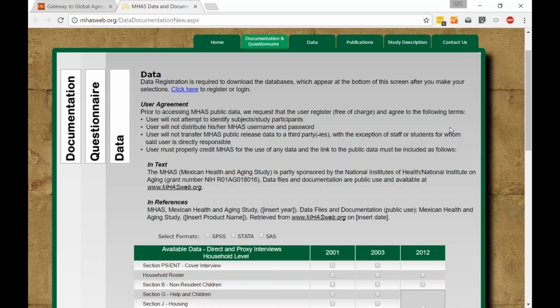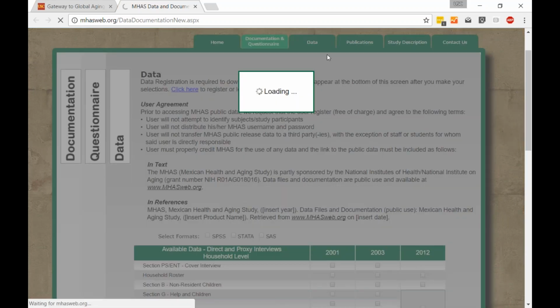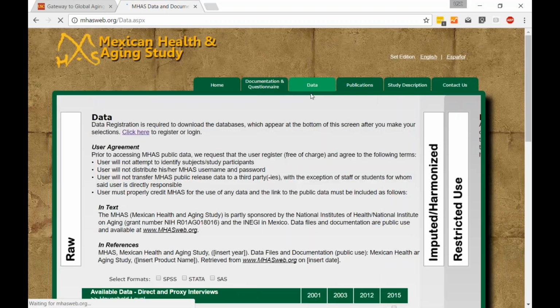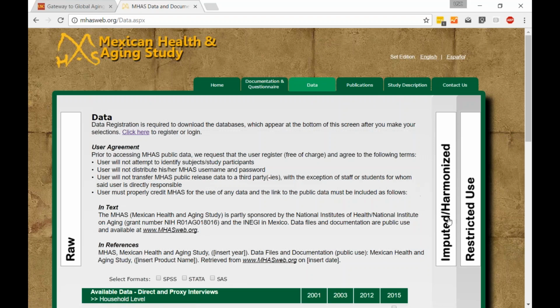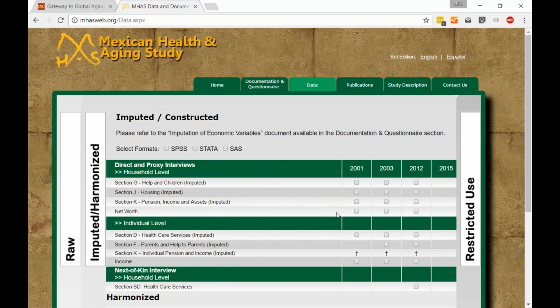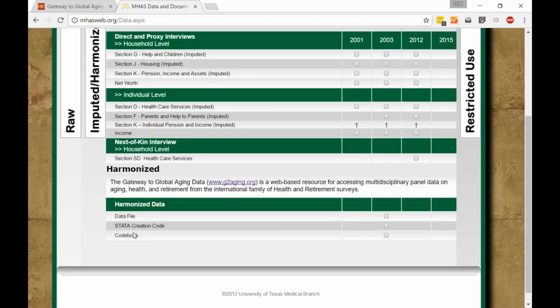Let's see, click on Data here, at the top right. Once you're in here, you would want to go to Imputed and Harmonized Data. You can get a link here to download the data file for the harmonized MHAS dataset. You'll also notice that the harmonized MHAS dataset has data for the first 3 waves of MHAS, 2001, 2003, and